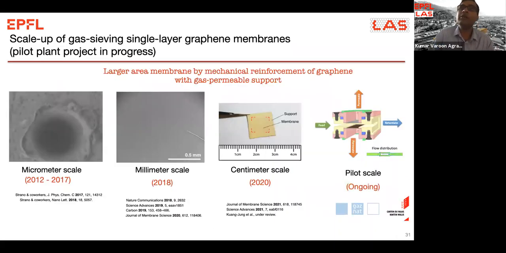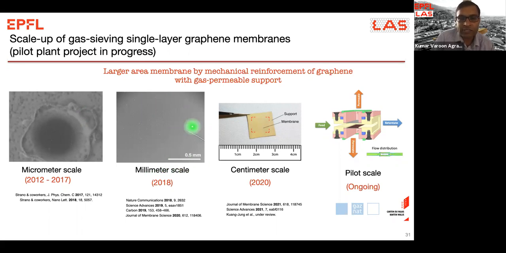Okay, so these were all the material chemistry that I described. Now, where we are in terms of the engineering. When we started in our group, graphene membranes were about micrometer scale in dimension. Especially, you would typically use micromechanically exfoliated graphene or a single pore, and you would try to study the transport through these 5 micron domains. In 2018, we reported an approach where we said we can circumvent the cracking issue in graphene membranes by leaving a porous support onto the graphene. And this allowed us to make millimeter scale membranes for the first time.